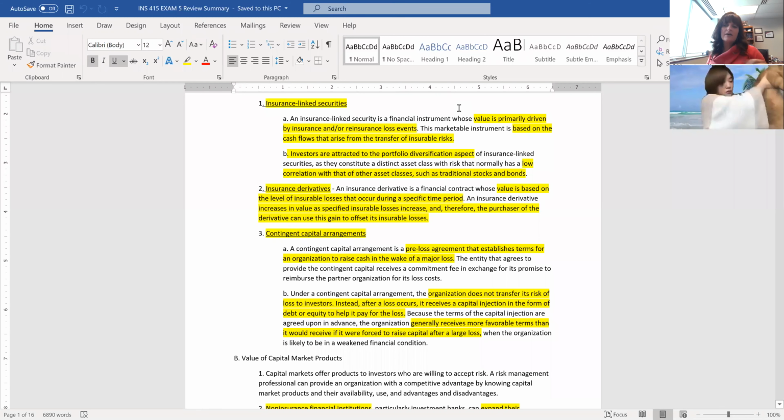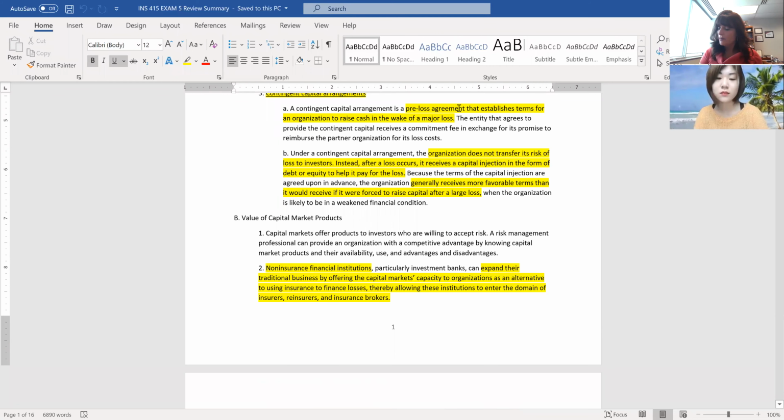The last option is a contingent capital arrangement. Essentially, this is a way to arrange, in advance of a loss, who's going to help me pay for it. The best way I could put it is an equity line of credit. Maybe you say, if I have a loss, you're going to let me capitalize that using some kind of collateral, like my business. Or you could also offer that if I need the money, you get an equity stake in my business. So those are the 3 options.